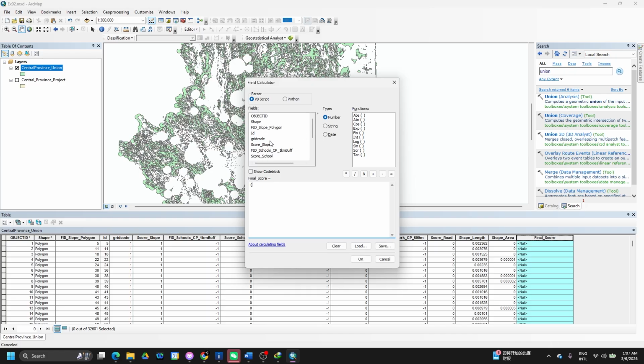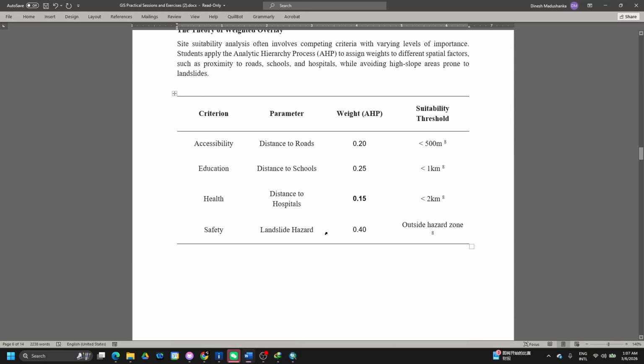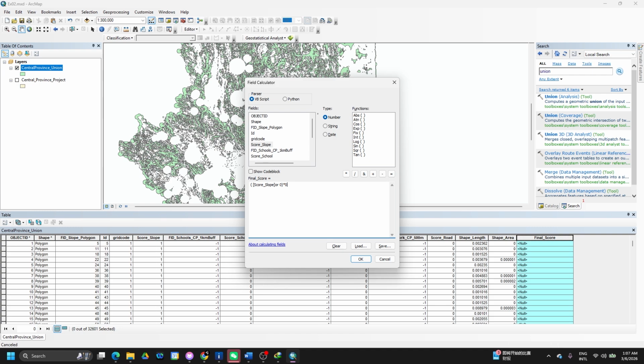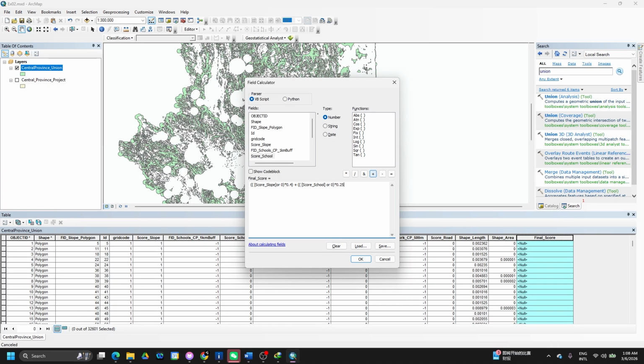In brackets we type the score of the slope, and then I can say or 0, then multiply by the weight of the slope that I gave, which is 0.4, close the bracket, and then plus the score of the school, put two brackets, and then you can say or 0, multiply by the weight of education, which is 0.25, close the bracket,